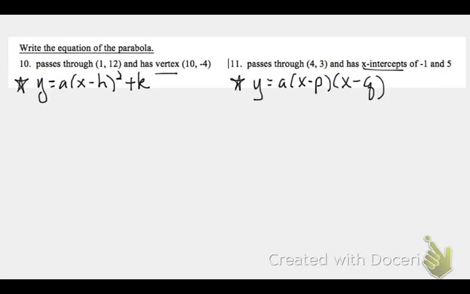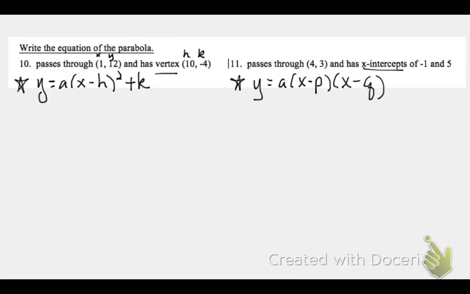So my first suggestion, let's go back to number 10, is when it gives you a point, you want to label that x and y. And when it says vertex, label it h and k. And then you don't have to think when you plug it in. You just plug in those numbers. So I want you to pause the video, plug in the values and solve for a, and then come back